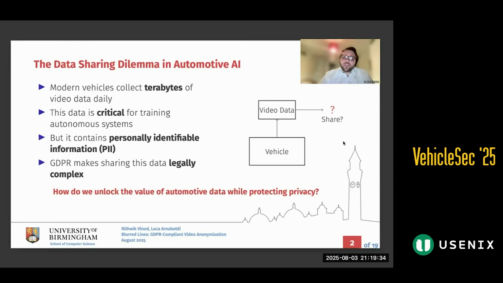Now, some of you might ask, why do we want to share data in the first place? Well, I'd like to begin with 2 points. First of all, when you do drives, you might share within the company or with suppliers. A tier one supplier might want to share with the OEM and vice versa. But also, in order to really solve this autonomous vehicle dilemma, we really need to work together. We can't just have one source of data. And so enabling this data sharing in a privacy preserving manner is essential for the industry as a whole. And so our question was, how can we do blurring and anonymization on video without actually losing usability of these videos? And we'll talk a little bit more about this trade-off later on.